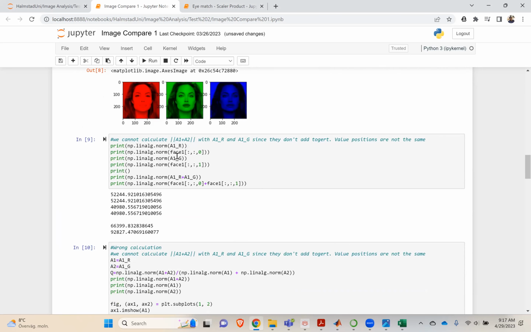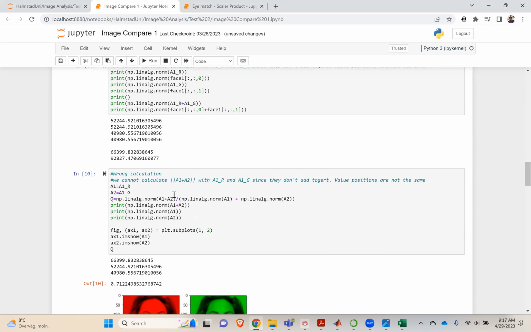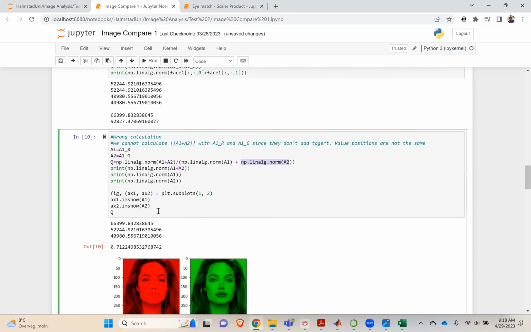And here we will compare the red and green. A1 is my red and A2 is my green. So what I will do here is add them together and calculate the norm. And here I will calculate the norm. This is exactly what we did. It's like the Euclidean distance, the L2 norm. And when we calculate it,